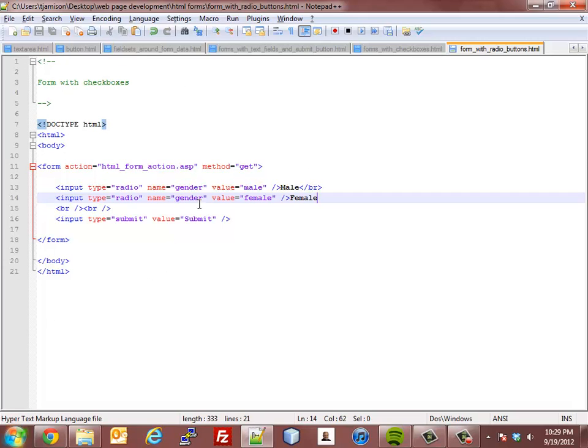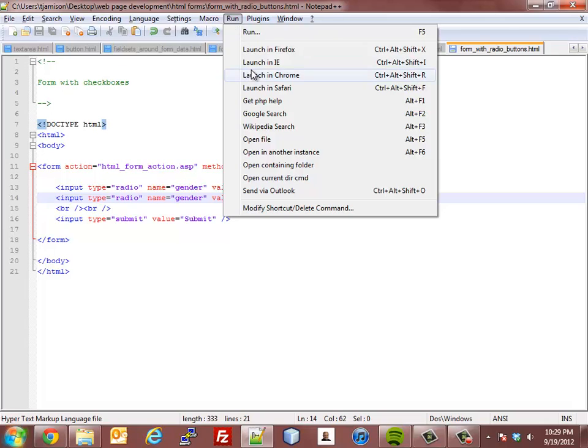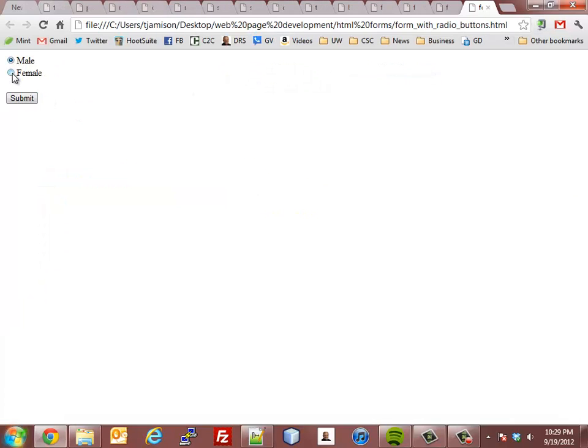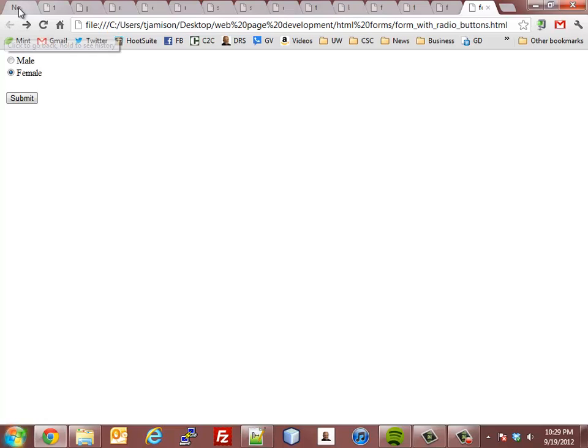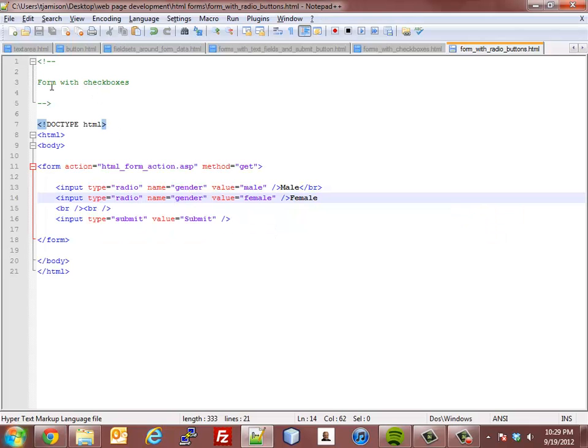We're just adding that submit button basically to the bottom of it, so it's actually a full form. So male or female, I want to go submit. Again, this script doesn't do anything, but there you have it. Alright, so form with checkboxes, I'm just going to change that to be radio buttons. Now that finally, the last